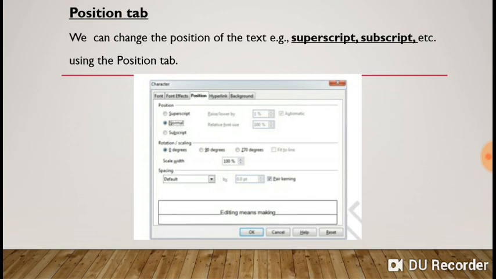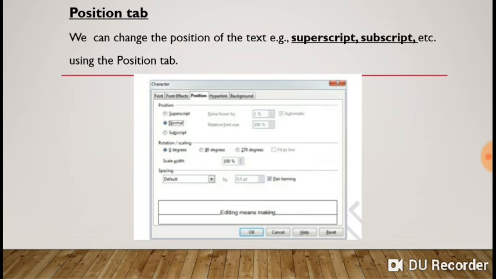Next tab, position tab. Position tab indicates that we want to set the position of the text according to our requirement. Yes, we can set position, meaning superscript, subscript.